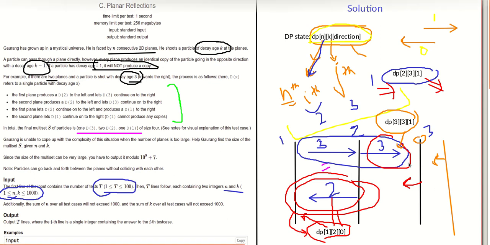Also, whenever we do dp questions, there are 3 main things. dp state is the first thing, which we already saw over here. The dp transition step, which we already saw over here. I will also explain this with the help of code, if there are some minor doubts. And the third thing is the base state. So base state, as we already know, is that once my decay age becomes 1, that is my second state becomes 1, it will finish, it will not move forward. So that's also clear. So this is the dp formulation. Now let us try to understand this with the help of our code.